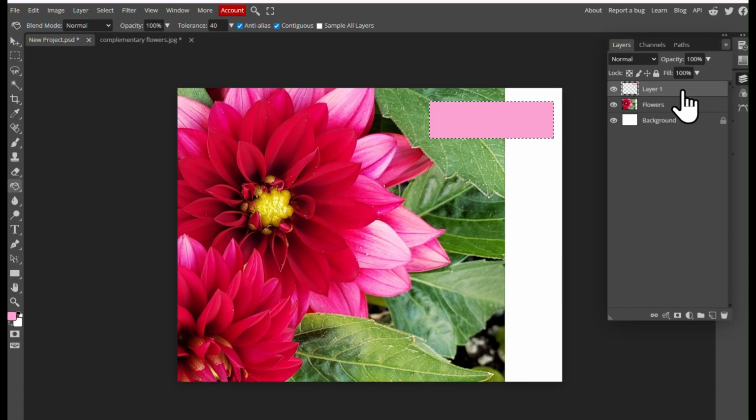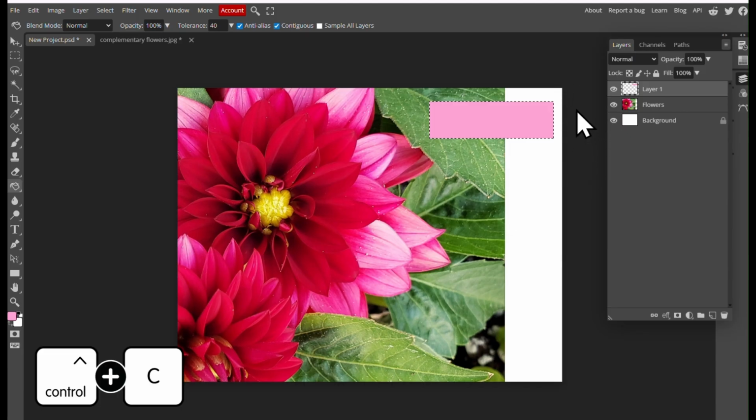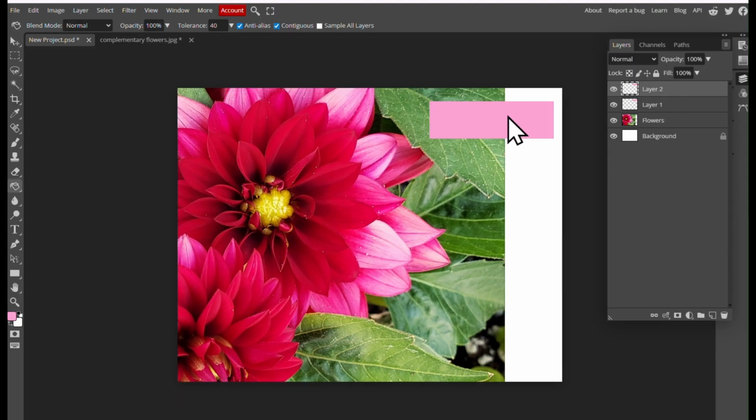Now, I need to do that 5 more times. So instead of making a new layer every time, I'm just going to copy, so Control C, and paste, Control V. You'll notice it gave me a second layer. You can't see it because it's right on top of the other one. So what I'm going to do is move it by going back over here to the Move tool, move it down,